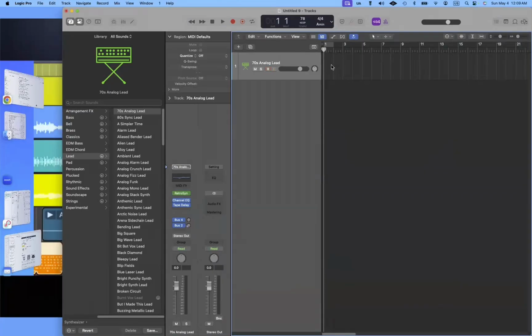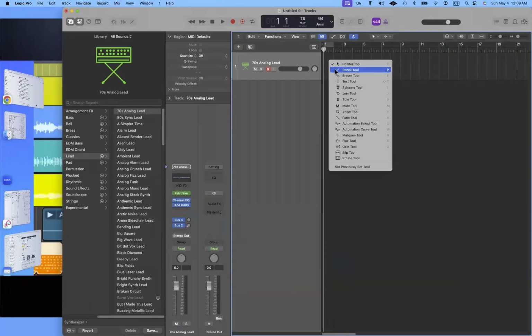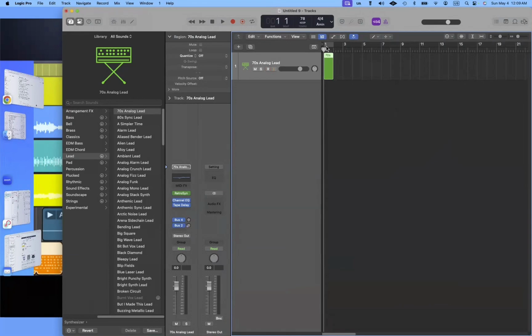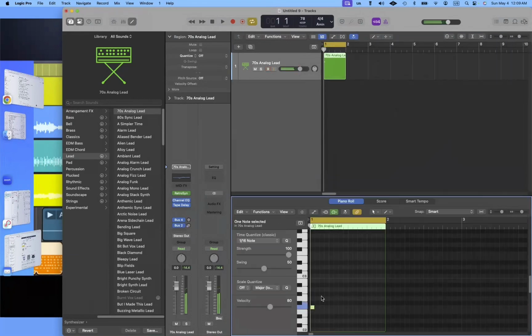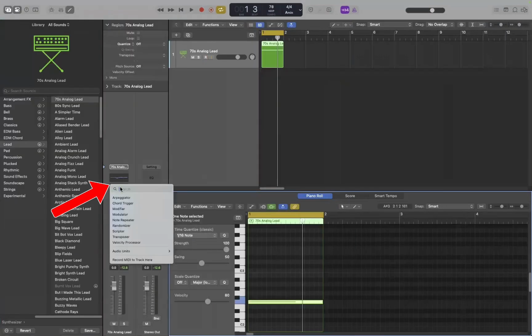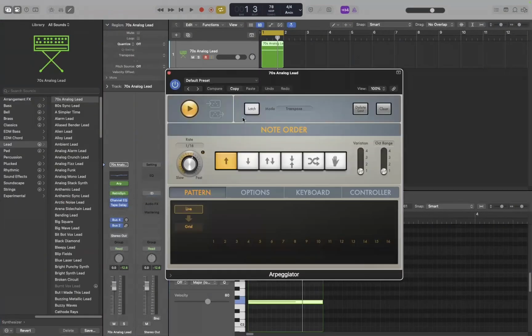So let's get our one note in. So here's our one note. But if we go over here and press MIDI effects and turn on the Arpeggiator, well, now all of a sudden that one note